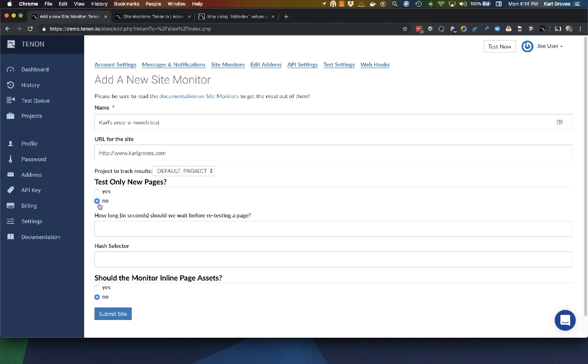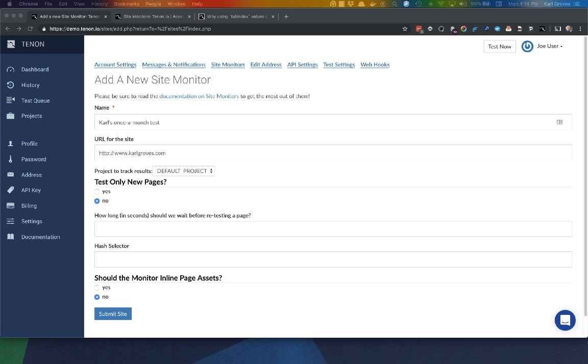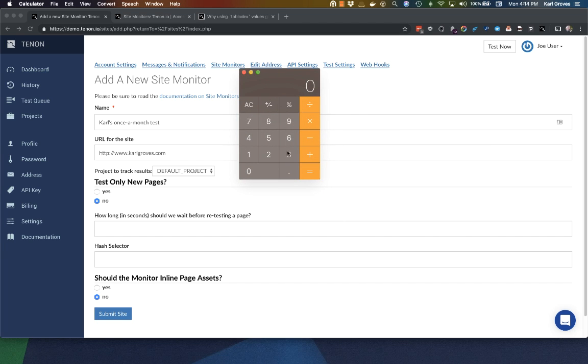I do not want to test only new pages, but I do want to test my page once a month. Now this is where things get a little bit tricky. So I'm going to get my calculator out, because this interval here needs to be in seconds. So there's 24 hours in a day, there are 60 minutes in an hour, and there are 60 seconds in a minute. So this will be, if I'm not mistaken,